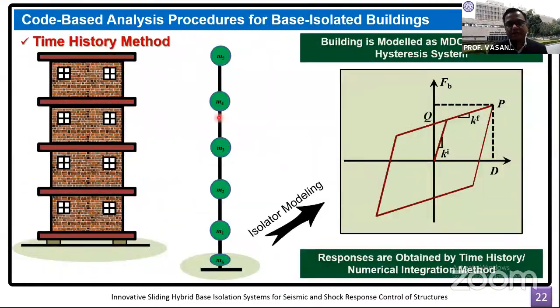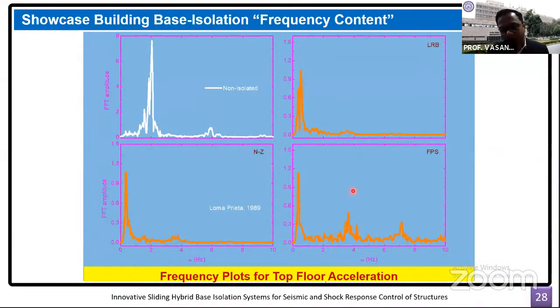Rather, I would say the disadvantage of using the isolation system based on sliding friction is that the higher mode response is amplified in case of the friction isolation system as compared to the elastomeric system. What you see in this plot is the Fourier amplitudes of the top floor acceleration. So this is the isolation mode here. You can see that the isolation frequency has reduced as compared to the fixed base. For the fixed base condition, the frequency is 2 hertz, whereas for the isolated case, it is 0.5 hertz. Because of that, the peak has reduced drastically.